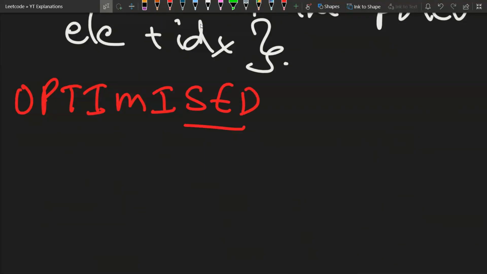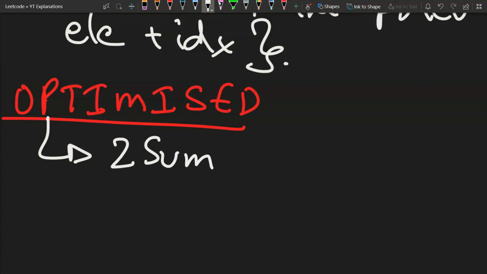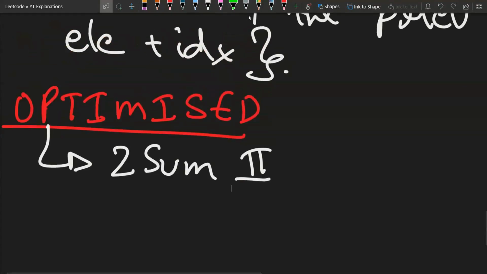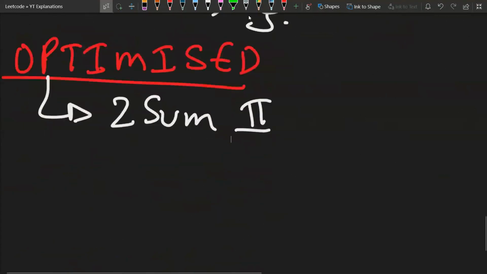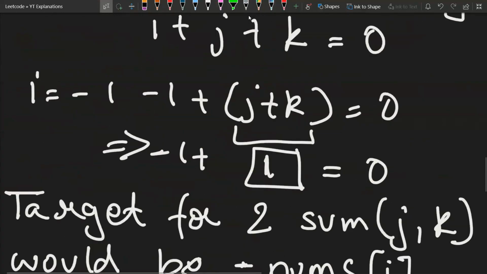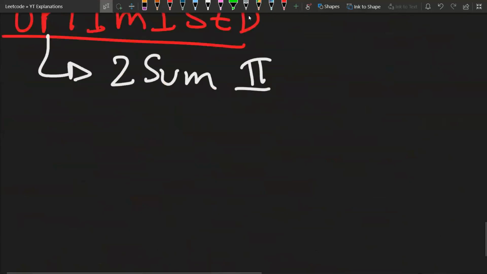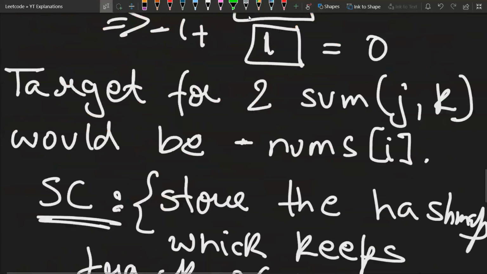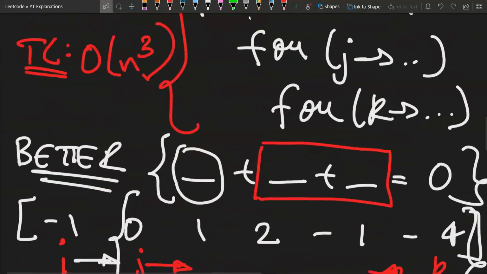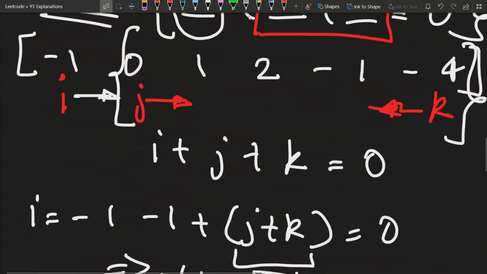Okay. So this optimized approach is very similar to the two sum 2 problem, which is the same as two sum, but the input array we're given is sorted. So here the input array is not sorted, but first let us sort it, and then I'll show you how we can move ahead. So minus 1, 0, 1, 2,